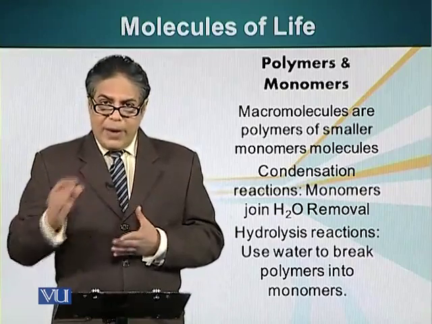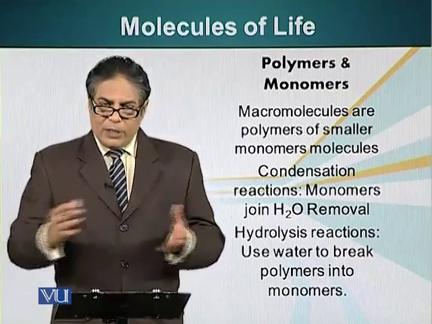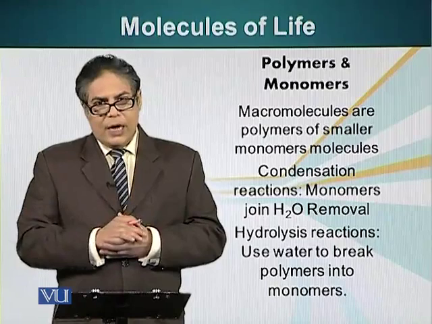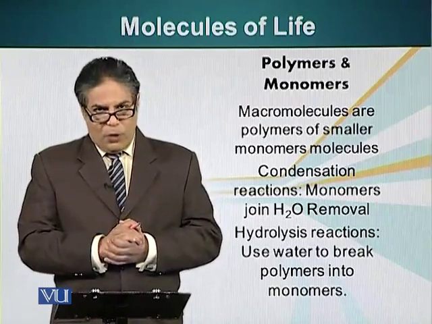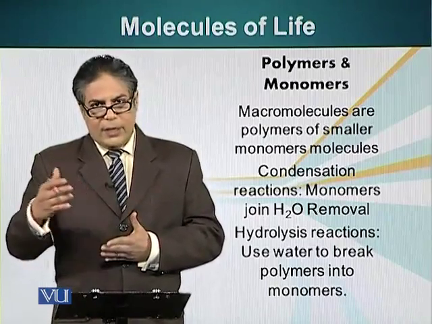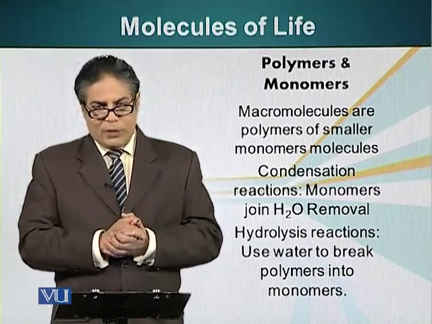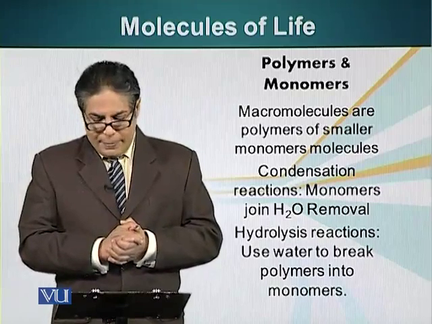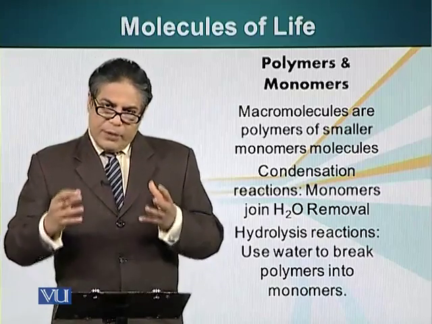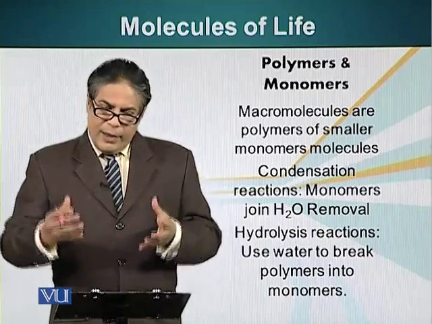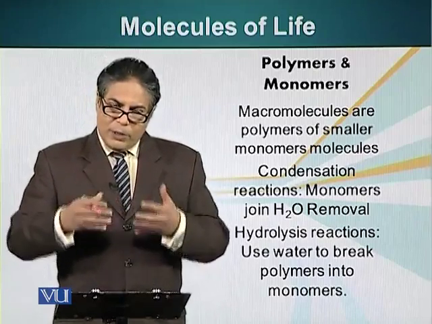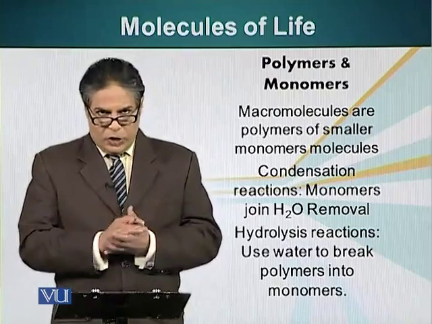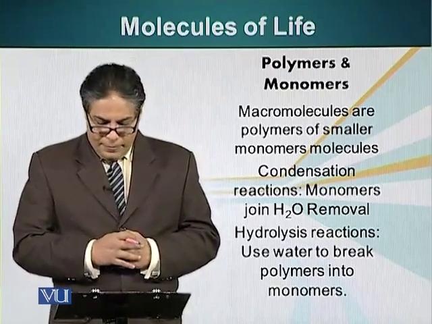Just as our houses are made of bricks, these larger molecules are made up of smaller units. We looked at the basic structure of some of these smaller units: amino acid, carbohydrates. We looked at glucose, and we also looked at the basic unit of DNA, and also lipid. These monomers form polymers by forming covalent bonds between them. We will look at these structures in more detail later on.